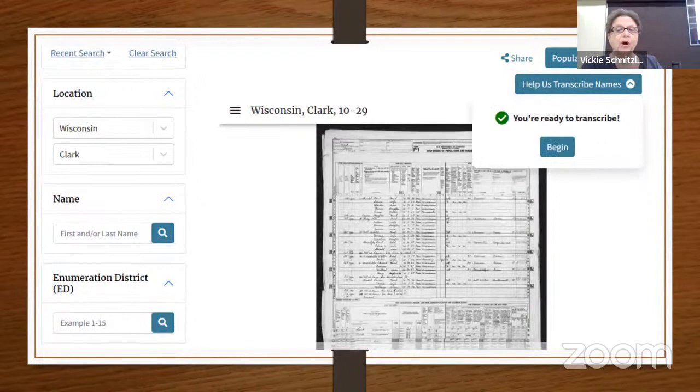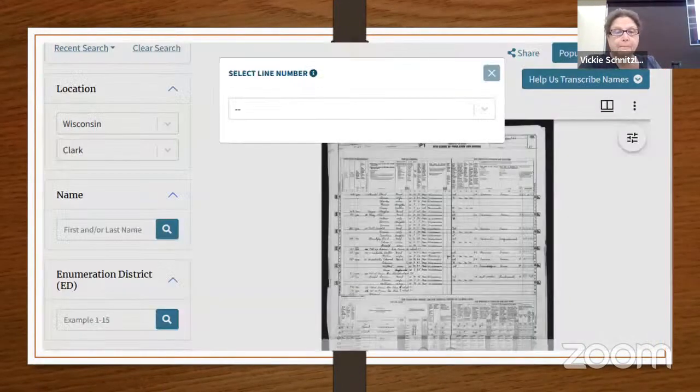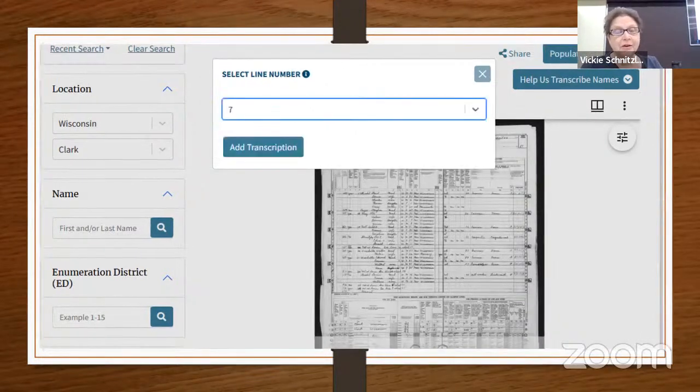And it says you are ready to transcribe. And then it says begin. And so I hit that button, next. It asks, what line do you want to correct, or what line do you want to work with? And of course, we know Dad's line number was 7. So next slide is 7. And now I want to add a transcription to that. So I hit that